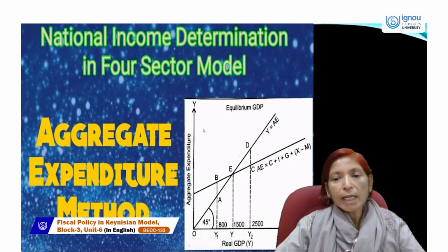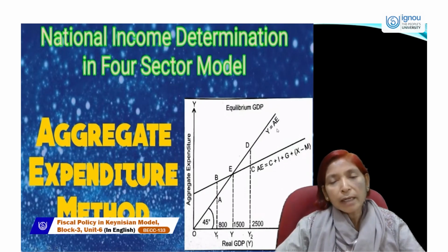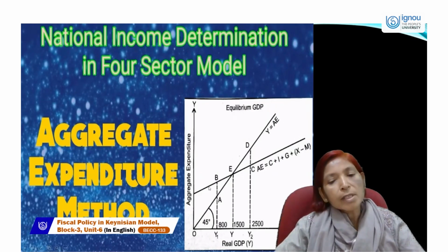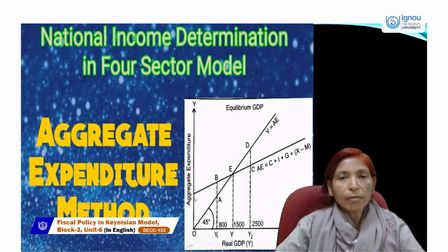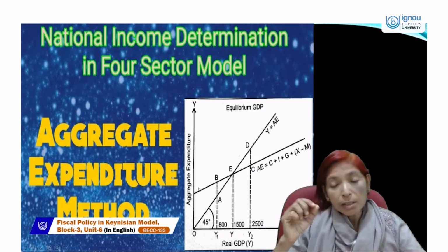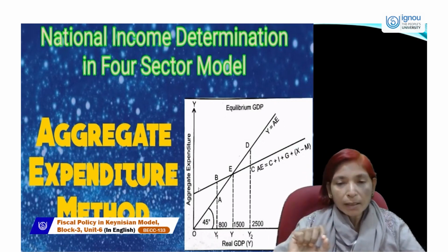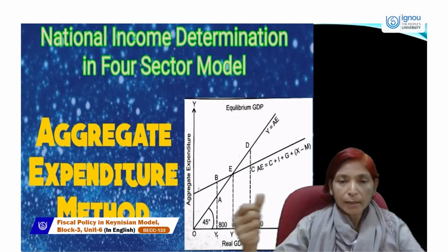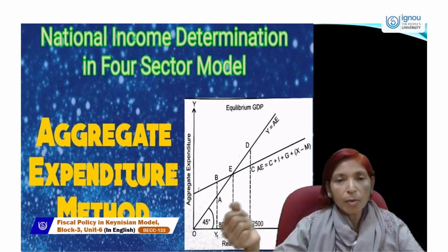And here, Y is equal to AE. Y, income, is equal to aggregate expenditure, and its line is always a 45-degree line. Another line which starts from the y-axis can show a two-sector economy model,